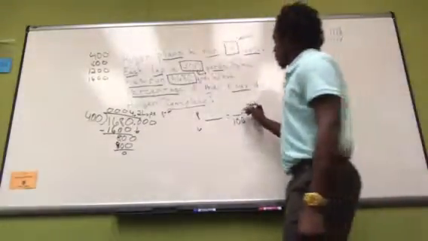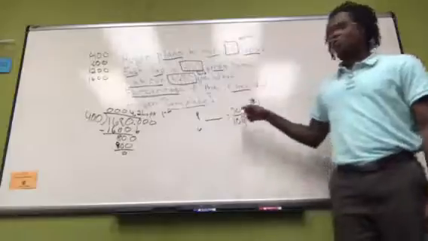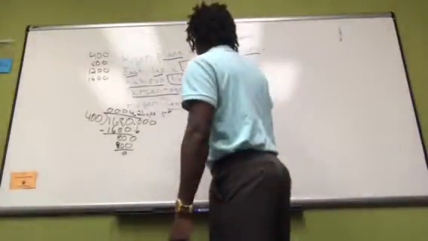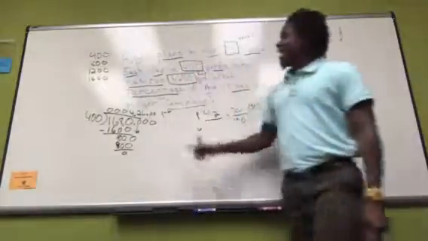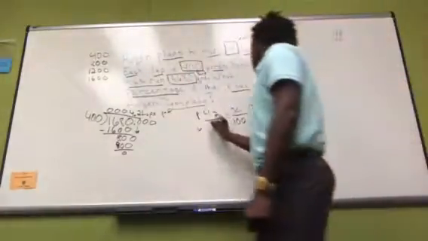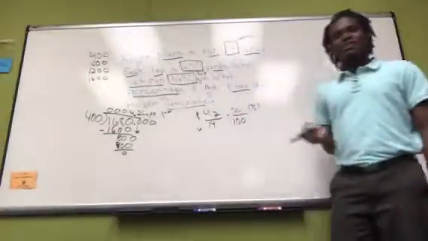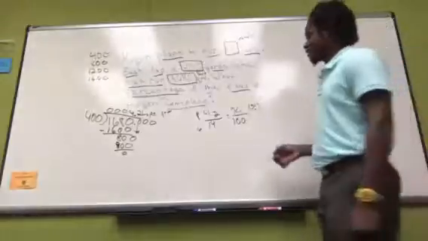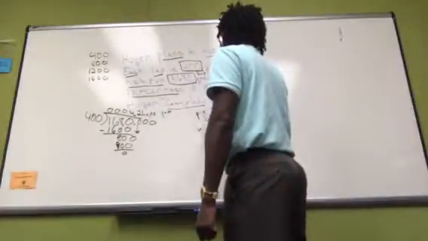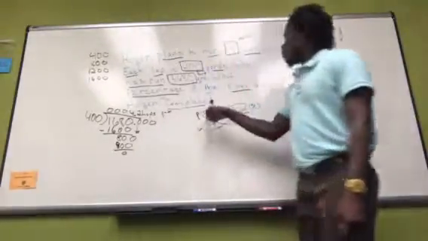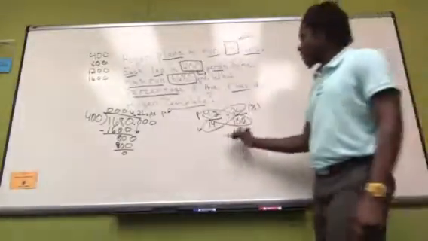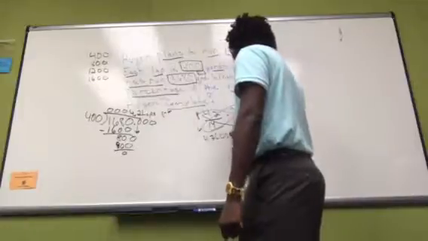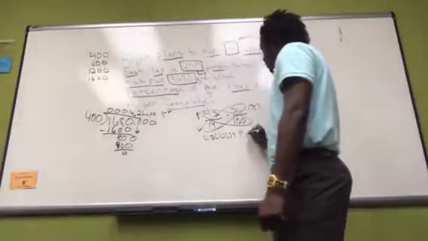Well, I don't know what my percent is. That's what I'm trying to find out. So I'm going to put my variable there. Well, my part is 4 2/10 laps. And my whole is 14 laps. Now that I've set up my proportion, I'm ready to cross multiply to solve, isolate x. 4 2/10 times 100 is equal to